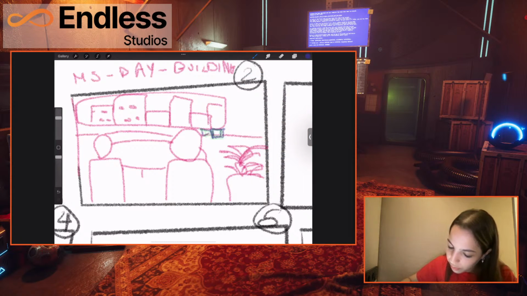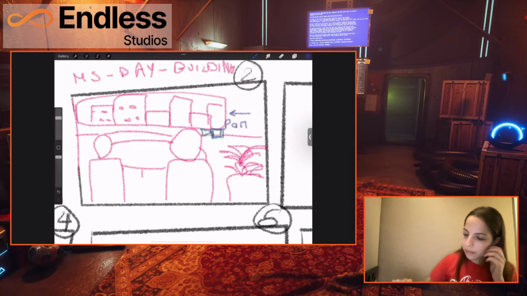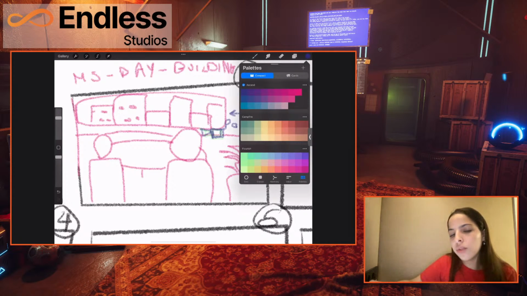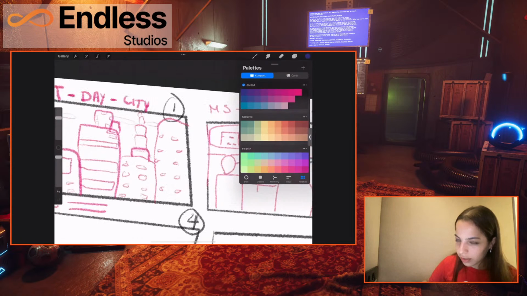Little camera icon, and I would write pan and state the direction of the pan. So it would go from this right side of the screen to the left side. And what's happening in this scene I would describe in the lines below, but I'm not writing them out now.